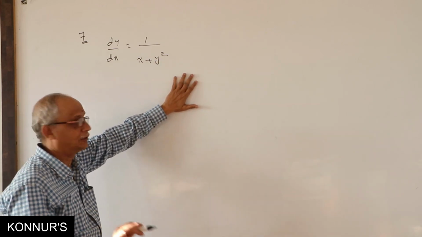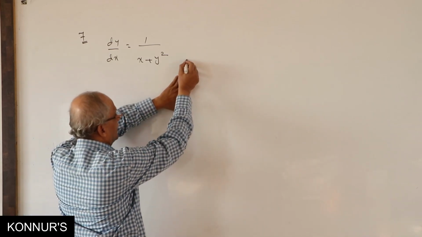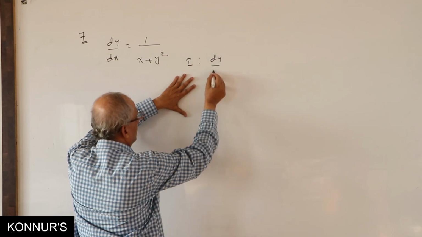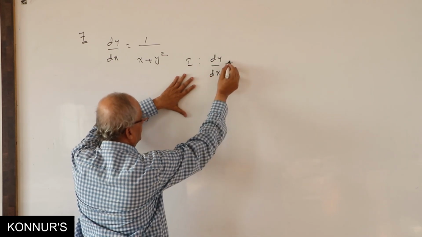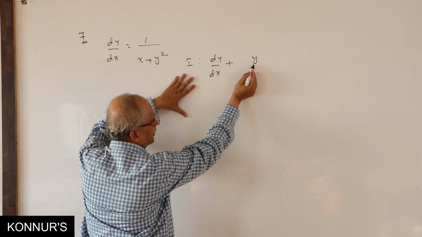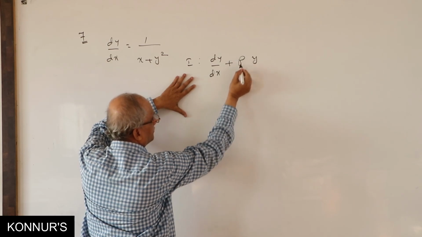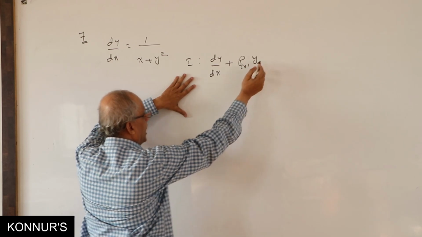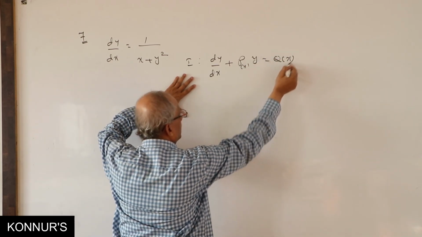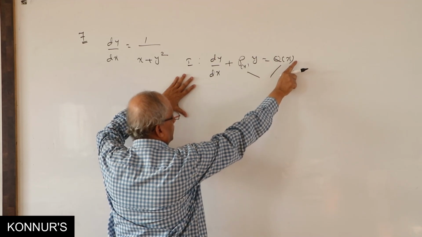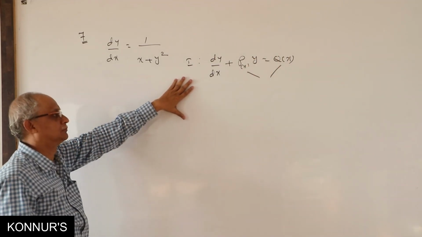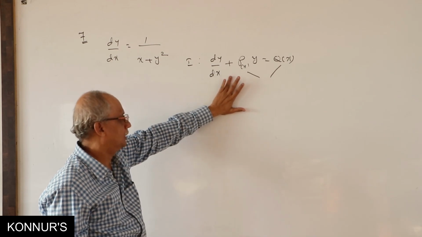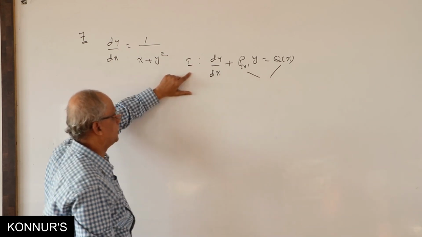Then what is finally? Linear differential equation. What is our linear differential equation? First case, or else first model. If it is dy by dx plus P y, y must be separate, P is a function of x, P means P of x. RHS is totally a function of x. There cannot be a y combination. This is called the linear differential equation of the first variety.